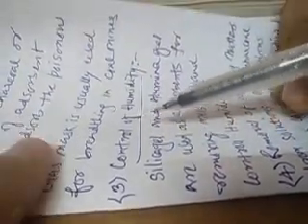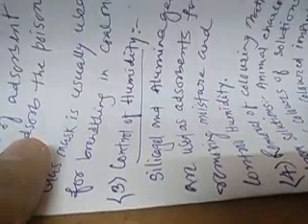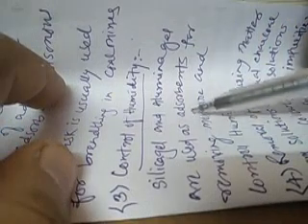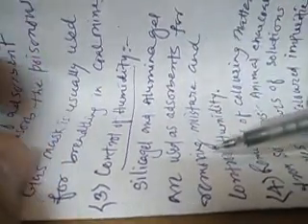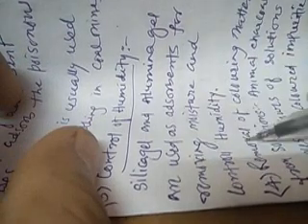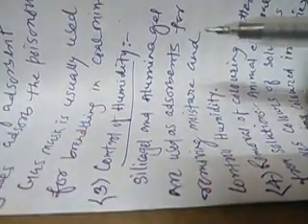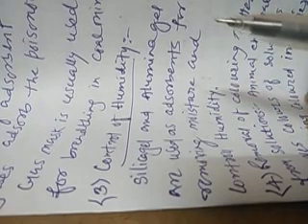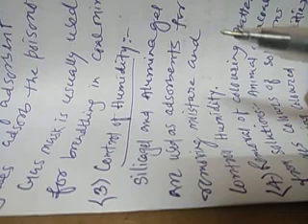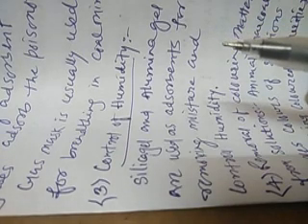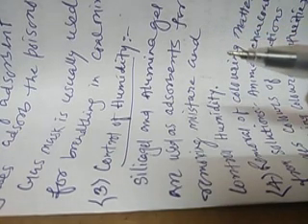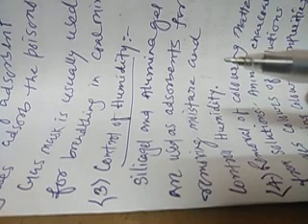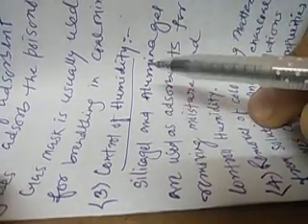The next application is control of humidity. We have various adsorbents like silica gel and alumina gel that are used as adsorbents for the removal of moisture and control of humidity. When we buy bags or other things, we get some small white sacks or bags inside them that have the silica gel or alumina gel, and they absorb the moisture.